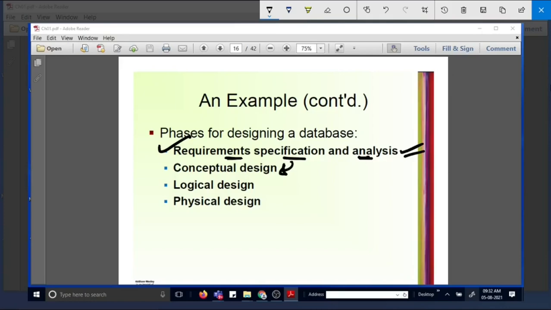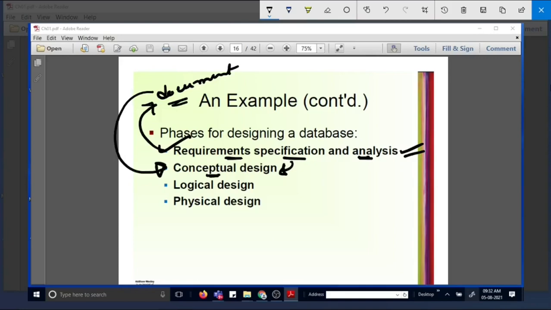Okay, so the requirements are documented. You document the requirement analysis. Once this is done, this document will be passed to the conceptual design team if that is a different team.